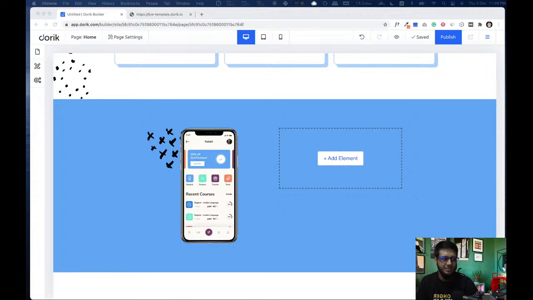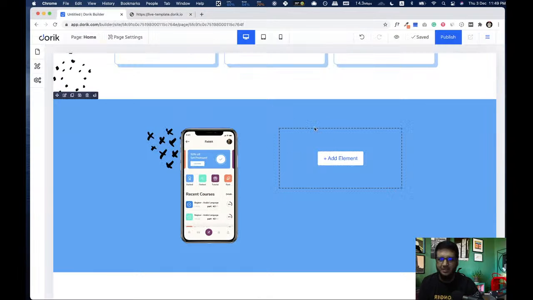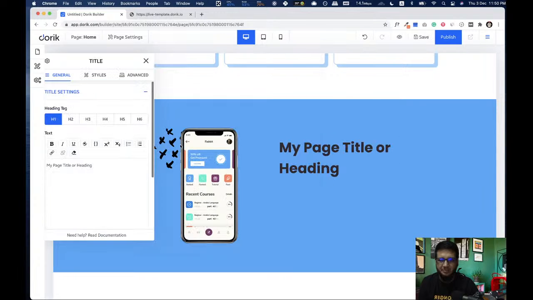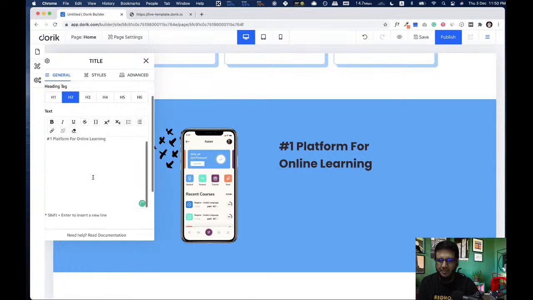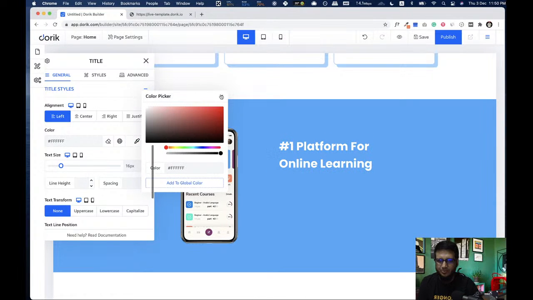I'm gonna copy the text from this place. As usual, we are gonna add a new text heading element, select H2 and paste it. Number 1 platform for learning, and we are gonna change the color to white.